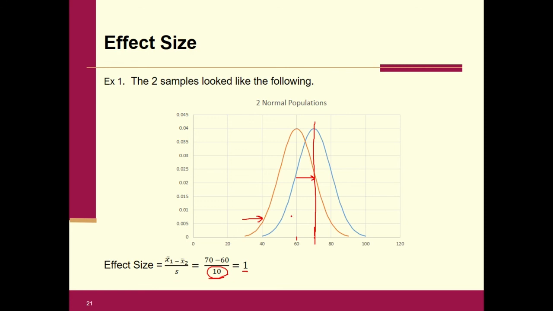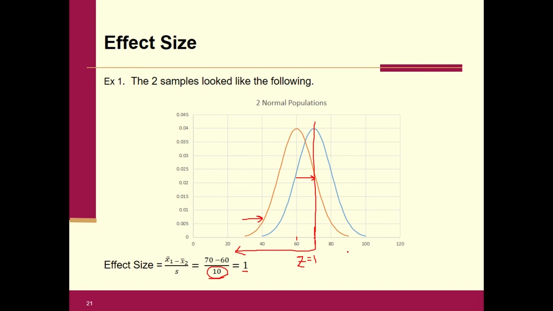And notice it's all of that. That's quite a bit. And if you think of this as a z-score of 1, well, how much data is before